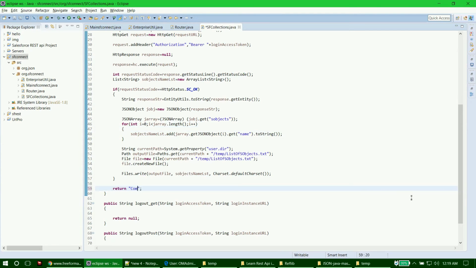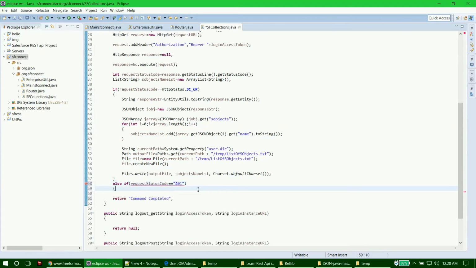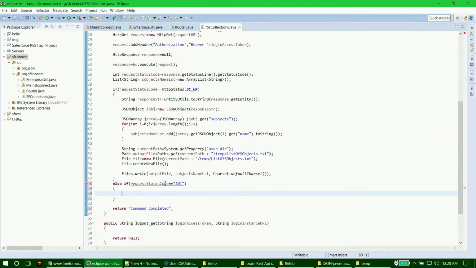Now here we need to return as command completed. Okay, else if this is status code not is equal to https status or status is equal to 401, then